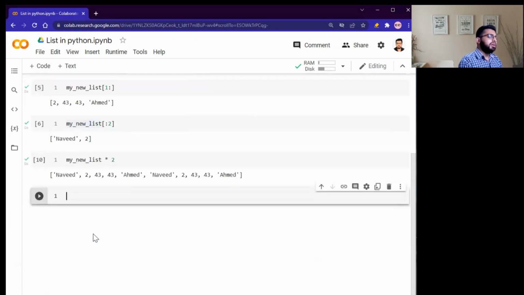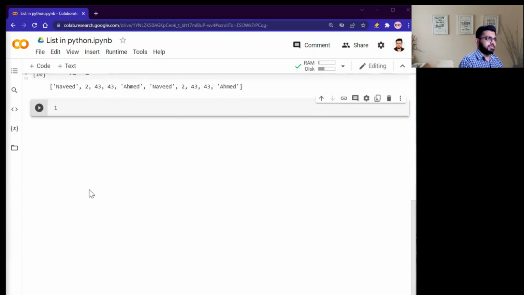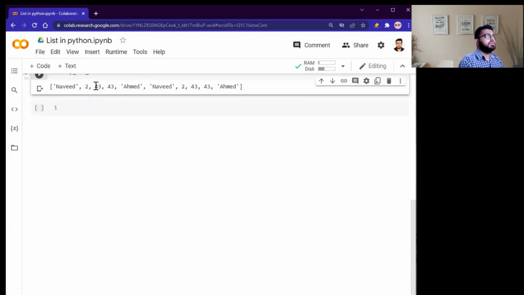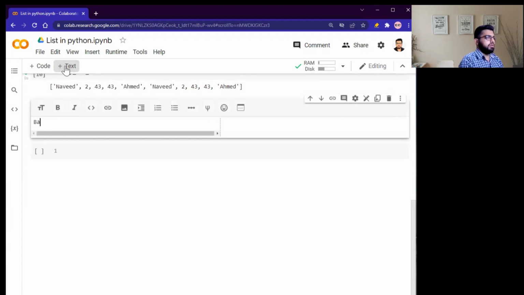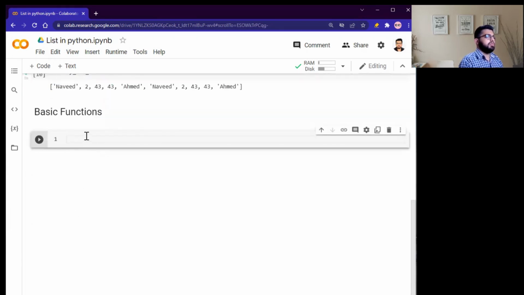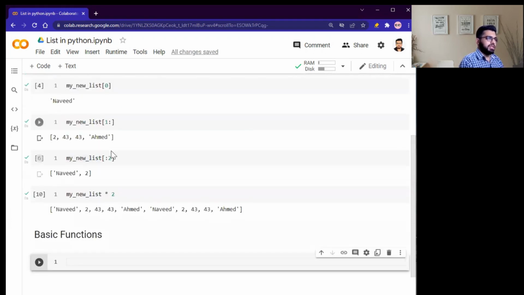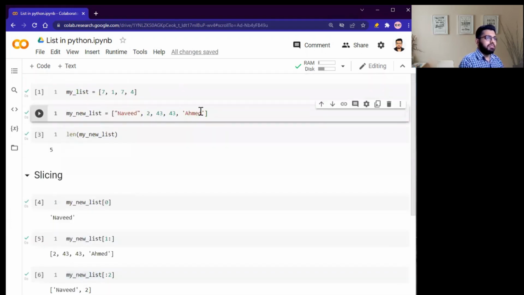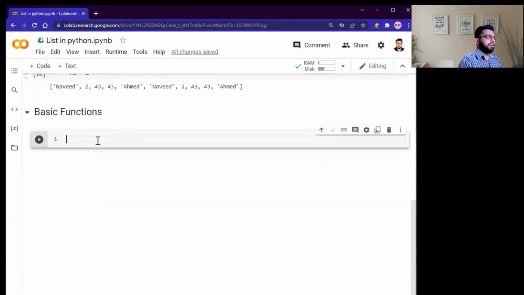Okay. Now we will discuss some basic functions in the Python list. First thing, if I want to add an item at the end of my list, for example, this is my list, and I want to add an item at the end of the list. So how can I add? Simply, we have the function append. So my underscore new underscore list dot append